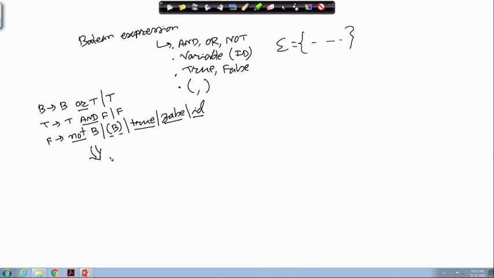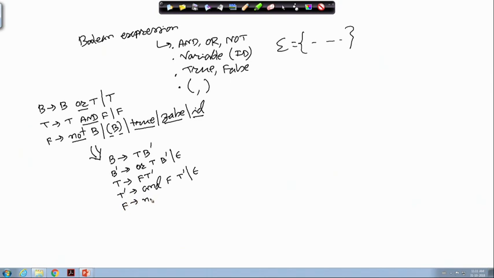The left recursion can be eliminated by applying the set of rules that we had done previously: B producing T B dash, B dash producing or T B dash or epsilon, T producing F T dash, and then T dash producing and F T dash or epsilon, where for F there is no left recursion.